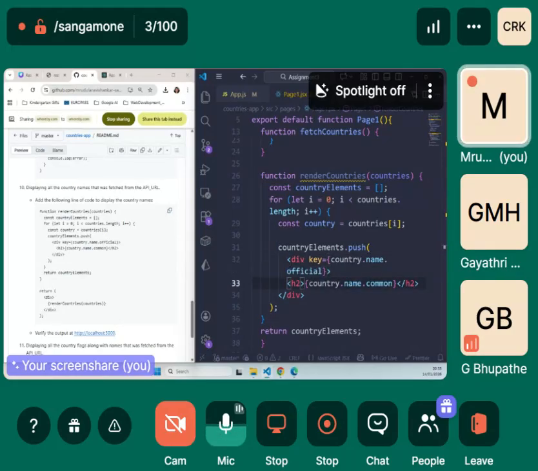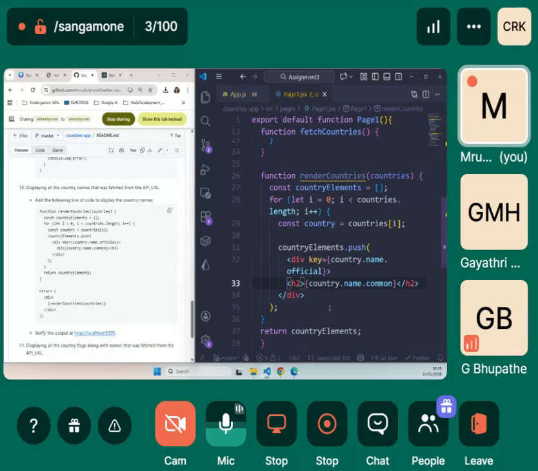As I told you, we are using key. If we use key, React will say, okay, this particular thing is not repeating itself, so it has a unique index, unique name. So that's why it will be rendered only once.